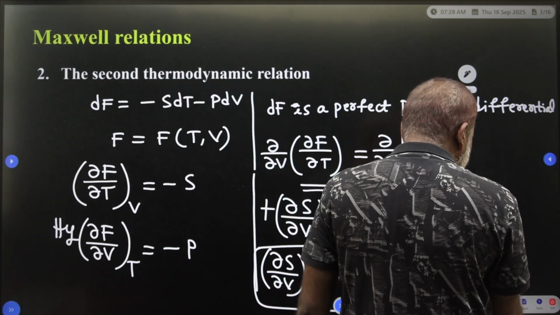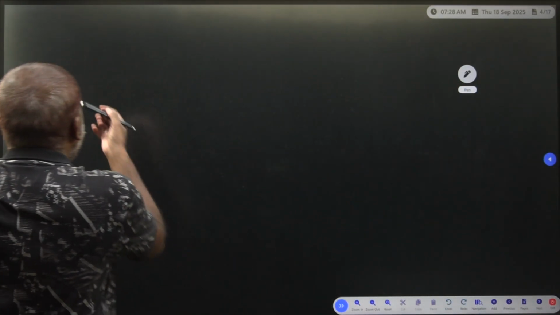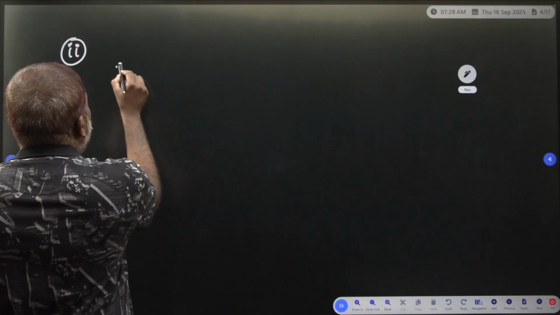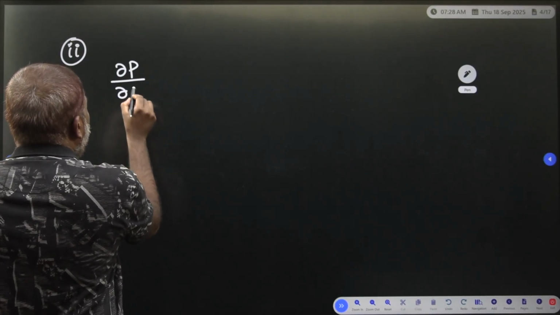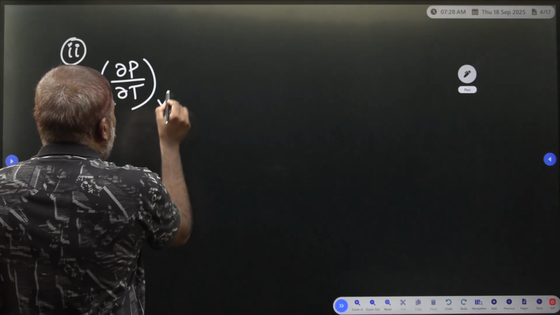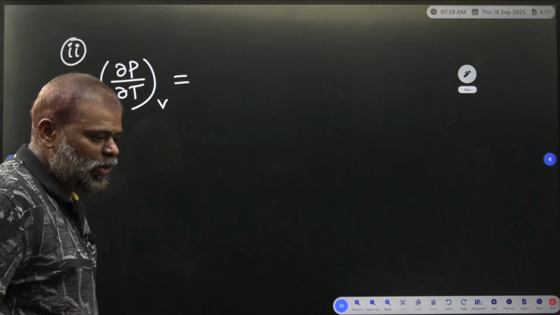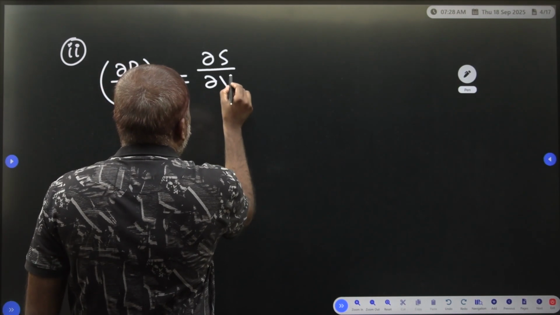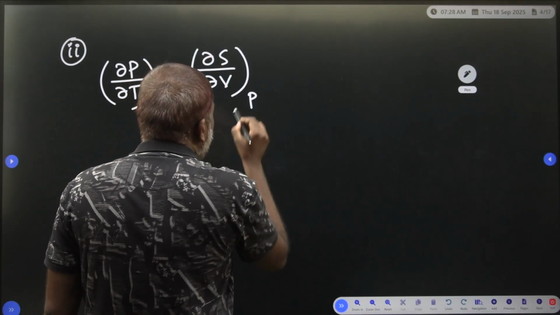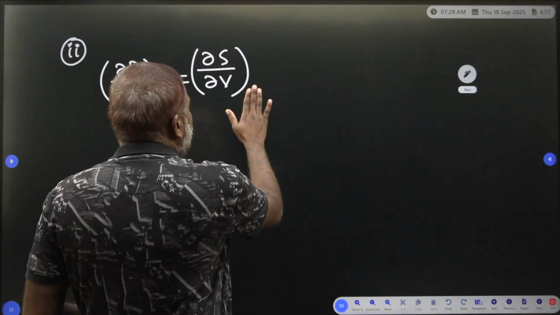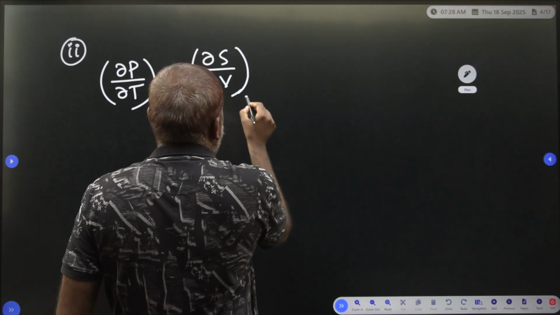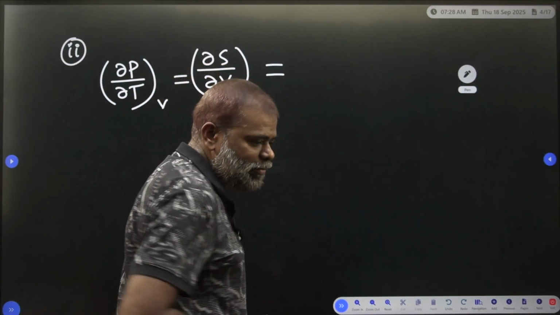We write this in terms of the second Maxwell equation, derived from the Helmholtz free energy. So dou P by dou T at a constant volume is equal to dou S by dou V at a constant temperature, which is equal to